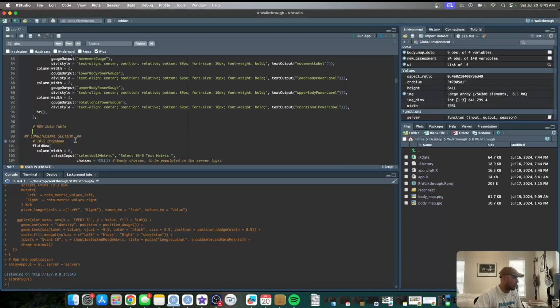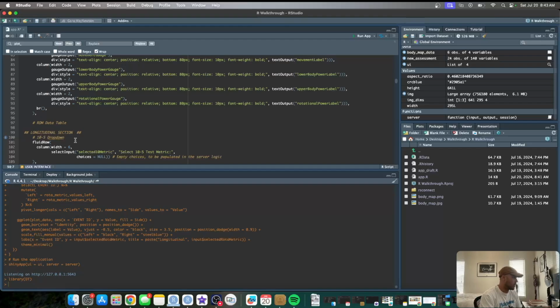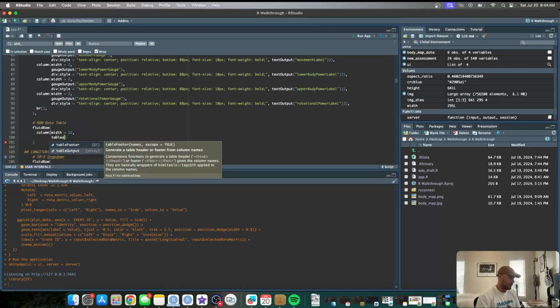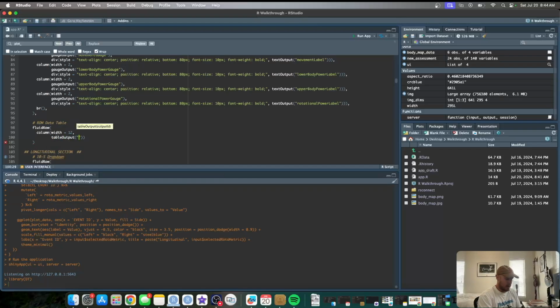All right, so what we're going to do, let me add another space. We're going to create another fluid row. And let's just get on a new line. The column, remember we got to do this for all of them. The width, the max width that you can have is 12. So I want it to be all the way. Comma, and we're going to have a table output. And that is going to be our range of motion